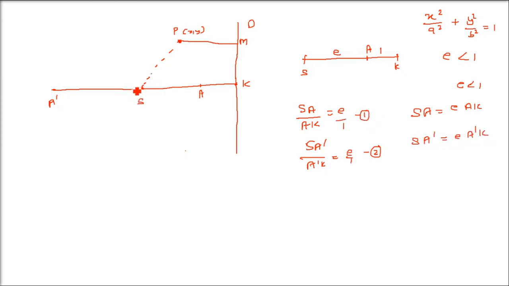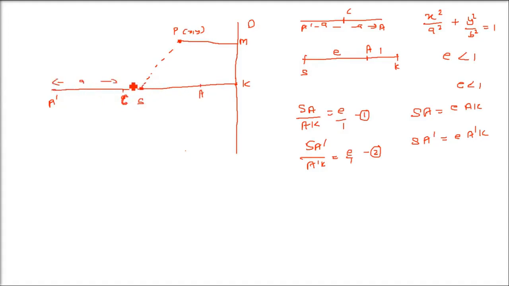Okay. Now coming to this S. This is not a center. So we'll take a center between A and A dash. We have A and A dash. So I'll mark one point which is the center of AA dash. One distance we take as a, one distance we take as a. So from C to A dash it will be a. The distance we assume it to be a. And this will be the center of the ellipse later on. And S will be the focus of the ellipse. And A and A dash will be the vertices of our ellipse.